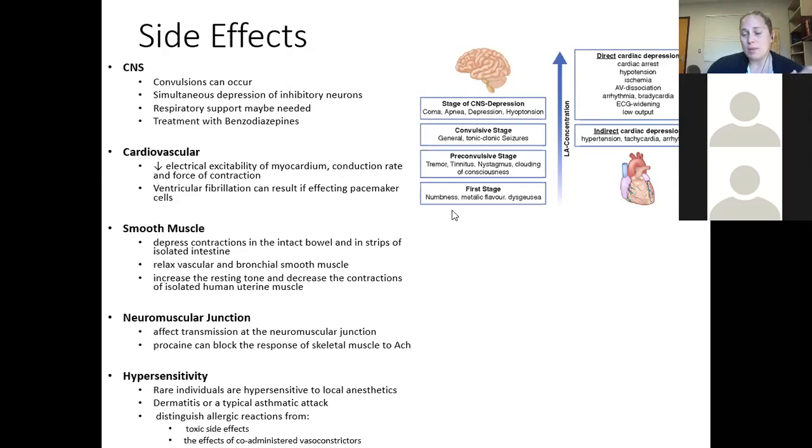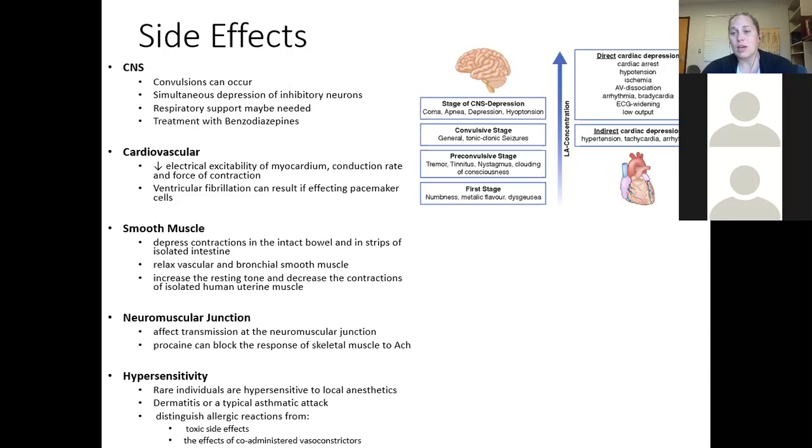So again, those would probably be the two main large effects that these local anesthetics can have if they're hitting either the central nervous system or the cardiovascular system. For smooth muscle, they can depress contractions of the bowel, increase resting tone and decrease contractions of the human uterine muscle. What's interesting is that at the neuromuscular junction, they can affect transmission, not surprisingly,